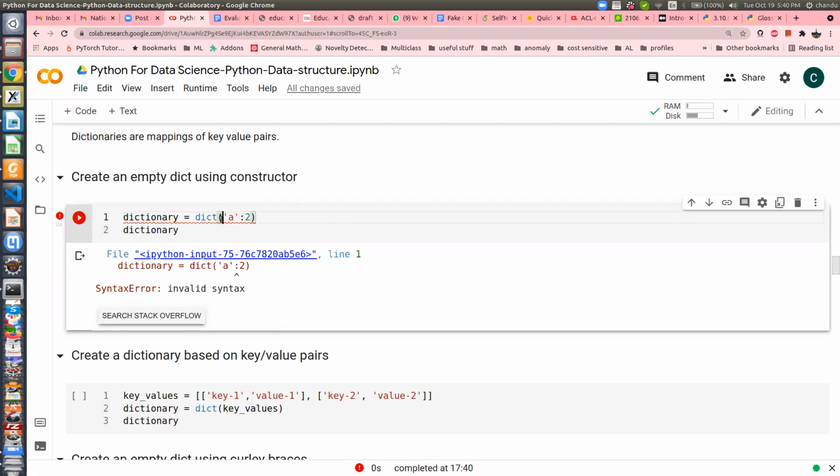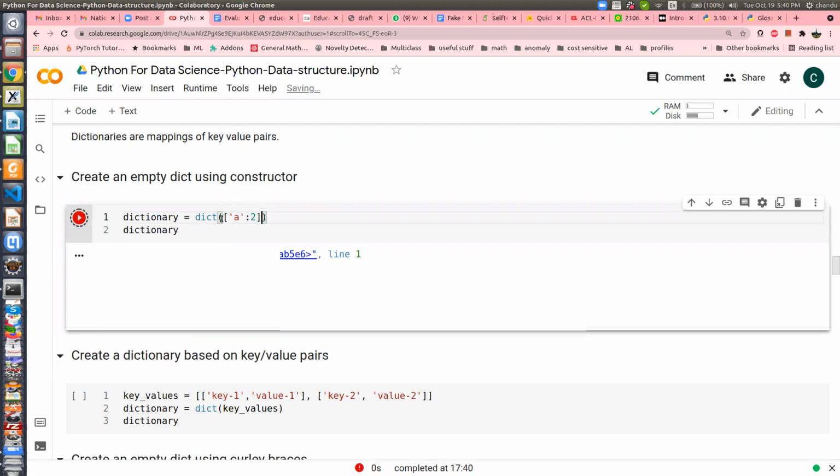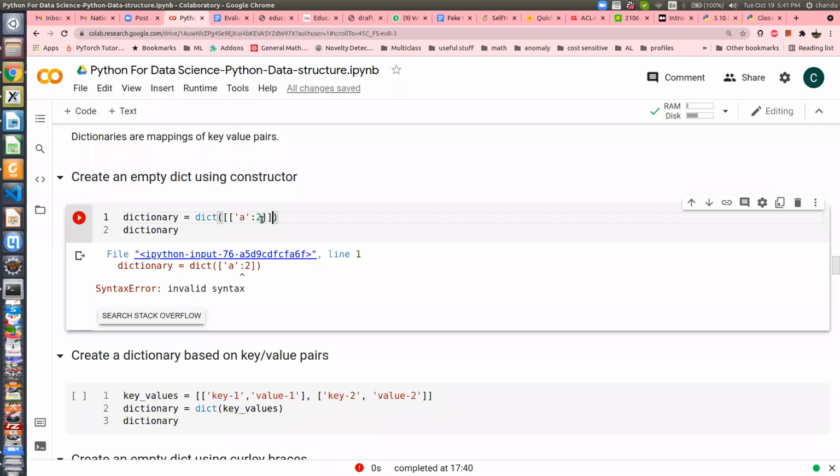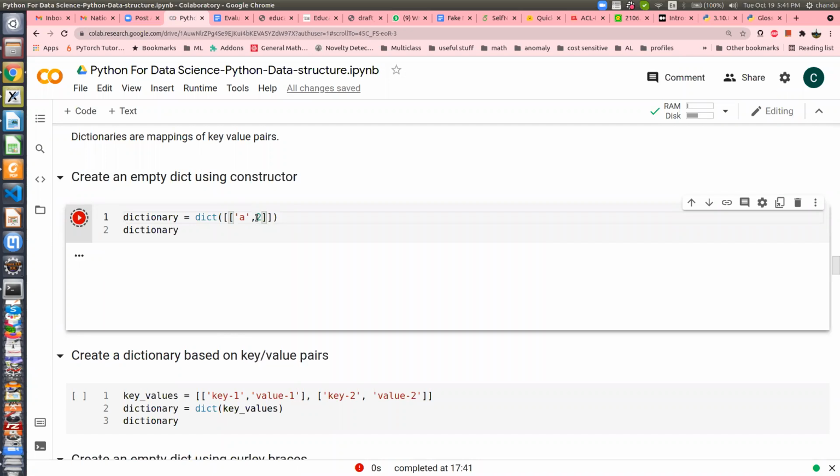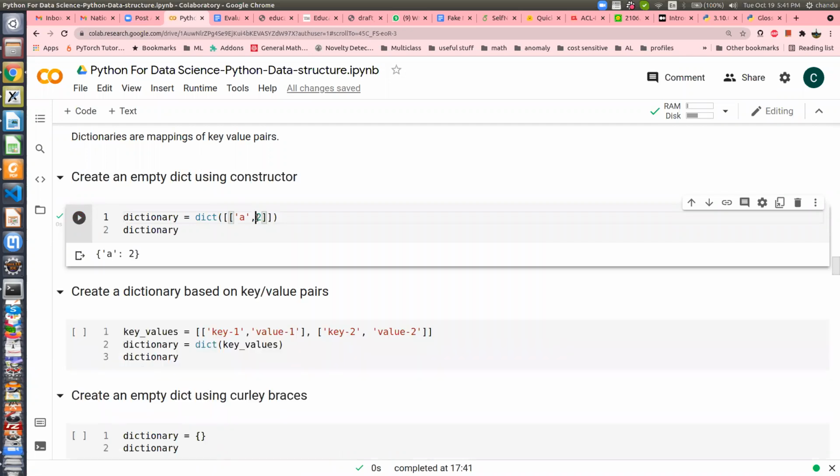actually some iterable should be there. Just a minute. What am I doing wrong? Okay, it should be key-value pairs. So actually you have to put two brackets.